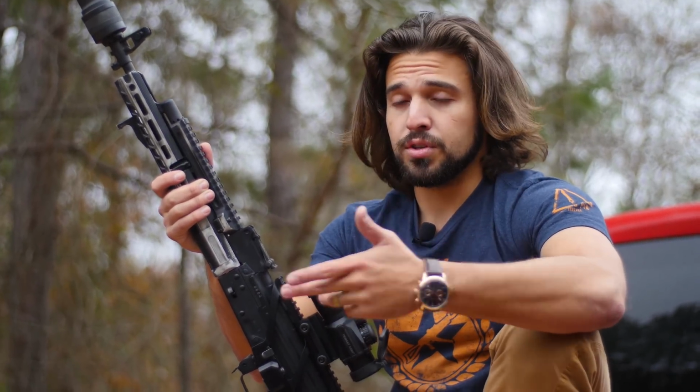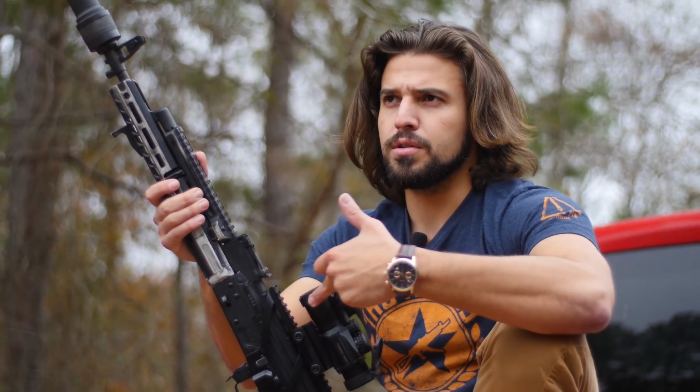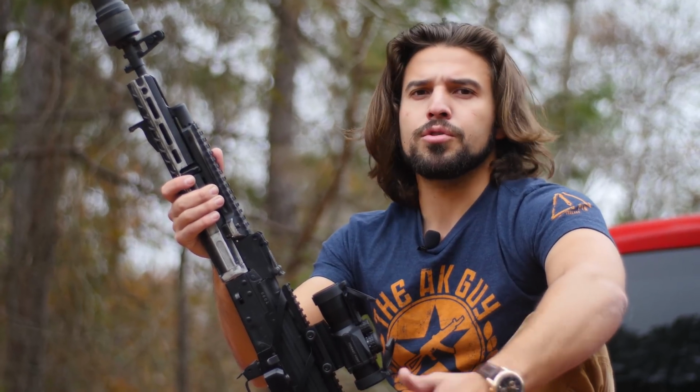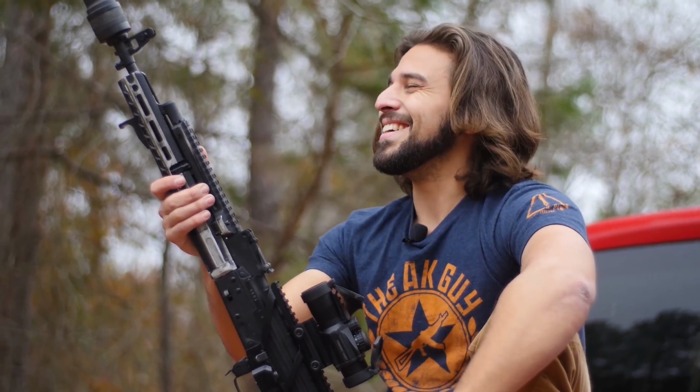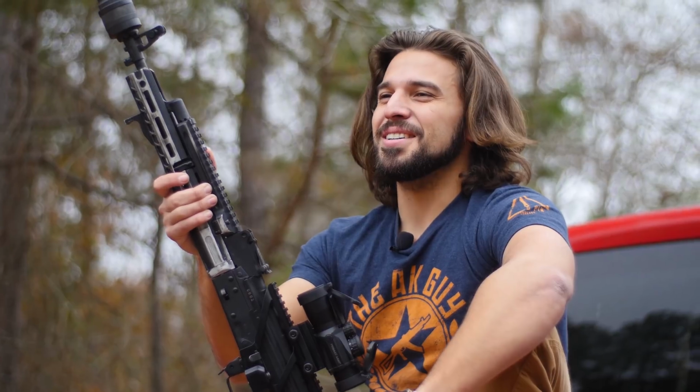I just very much enjoy shooting with this style of optic. I shot with the Vortex Prism optic when we were at the Tri-Arc event. That was really, really easy for me to use. This is also very easy for me to use, and the reticle is one that we've